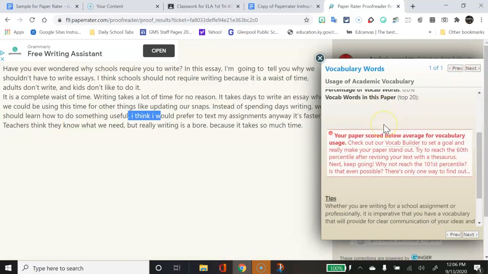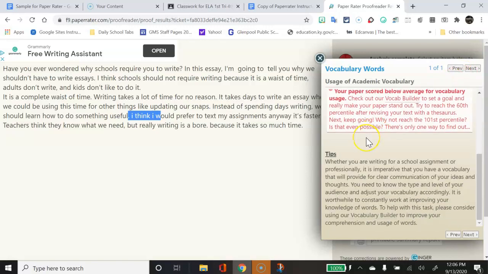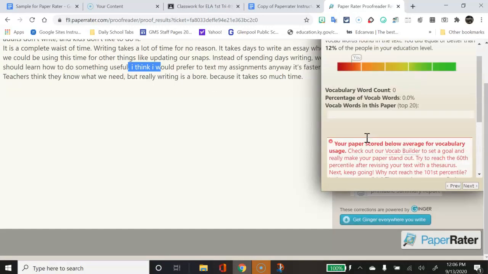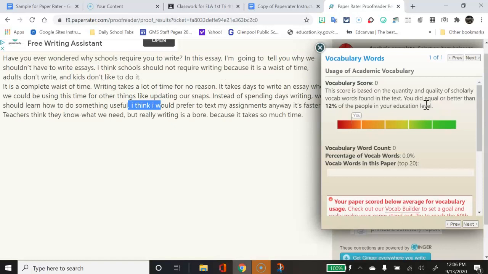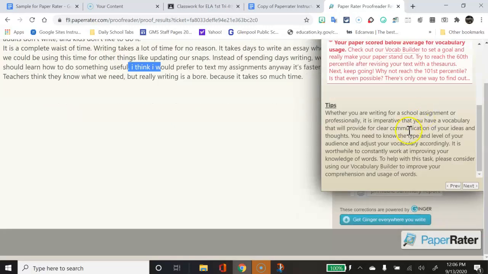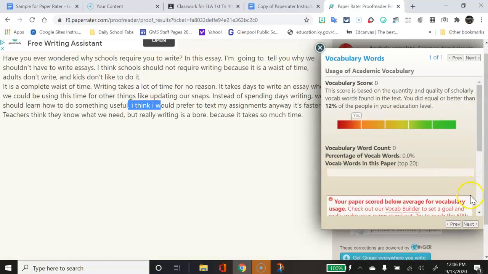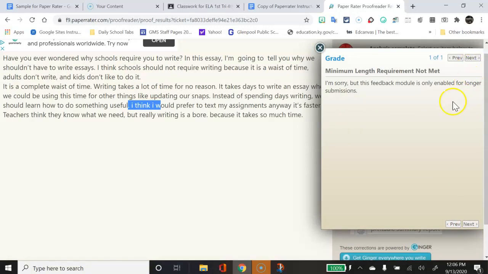Okay, vocabulary. Didn't like that either. Basically that means I've got lower vocabulary than an 8th grader should be using. So I'm going to want to go back through and see, are there places where I can improve it? So if I click on the vocabulary builder here, it may give you some help with choosing words that are a little more 8th grade level, less elementary. Okay, now,